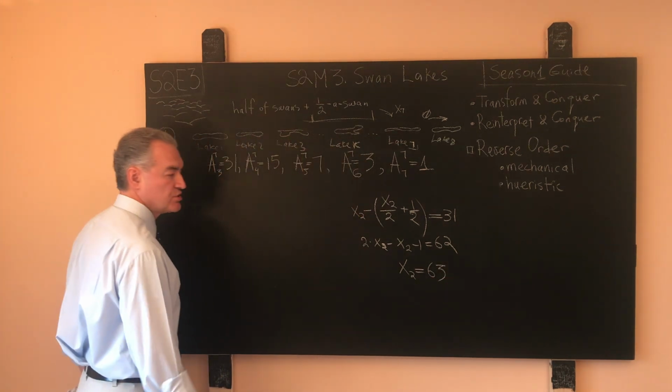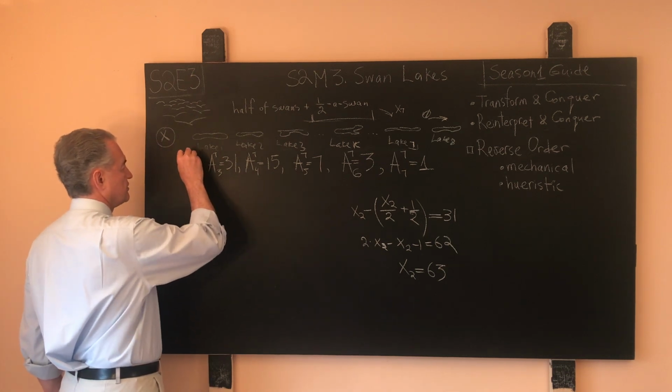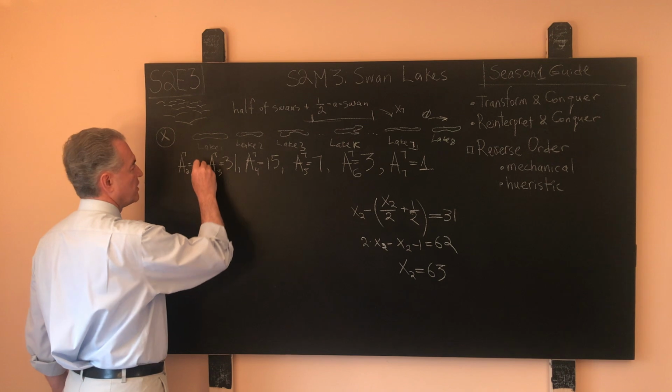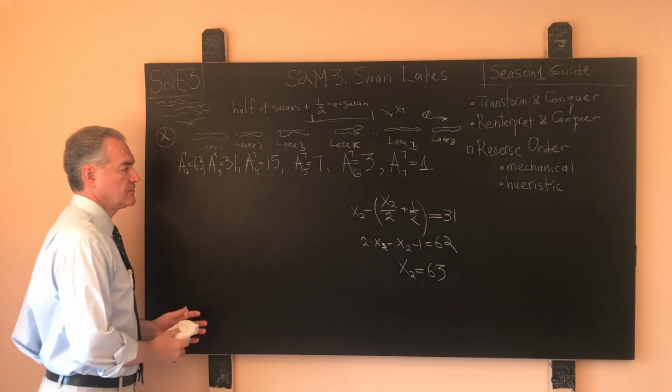63 swans approached the lake number 2, so we'll write it down over here. Out of 7 lakes, the second lake was approached by 63 swans. And finally,